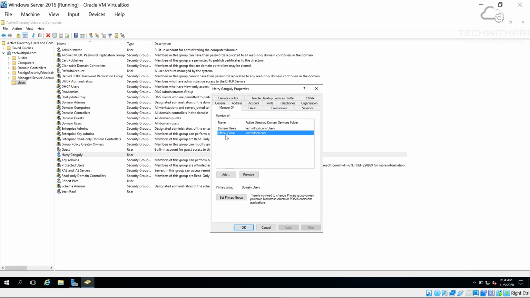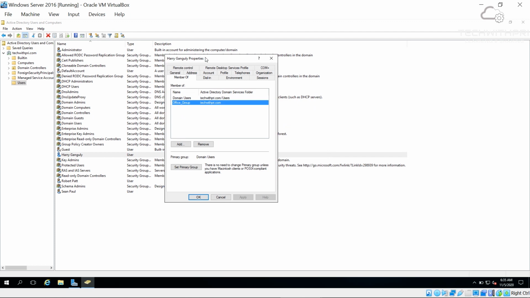So in further videos we'll see the importance of groups, where we can provide access to, maybe, a shared folder, and to a particular group, so all the members of the group would be able to access the shared folder. So instead of assigning permissions to a single user, we are assigning to a group so that it can be processed easily. Also in future, if someone is added to the group, he or she will automatically have the permission to access the shared folder. So this is a very important tab itself, the properties tab.